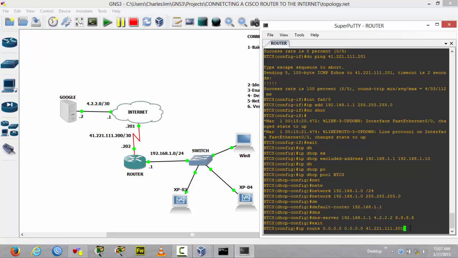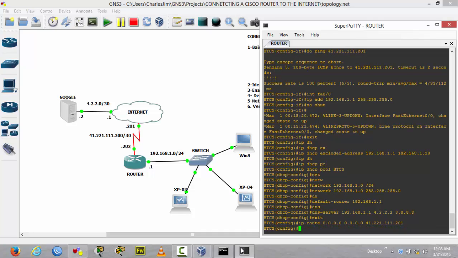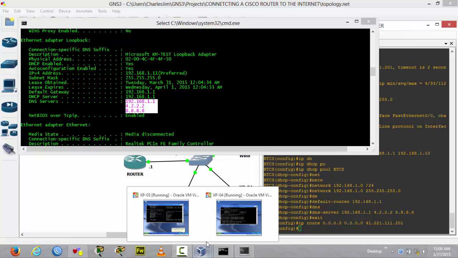Sometimes you can give it this name, or else you can just point it to the port which is connected to the internet service provider, but I would prefer using the IP address. So we say that this is 41.221.311.201, which is this port now. So we say enter. That means we have given it a default route,